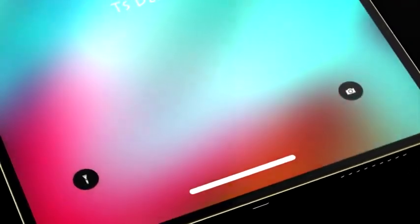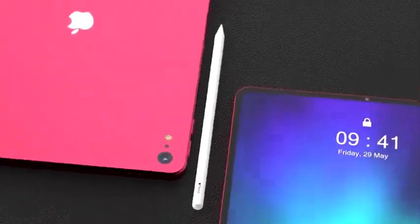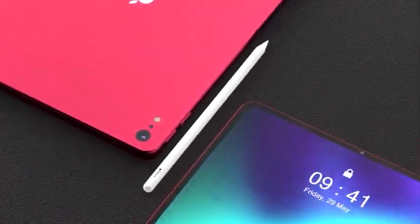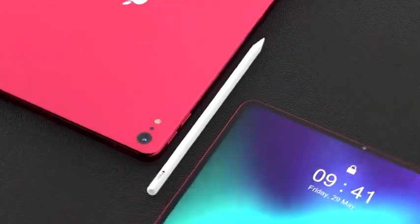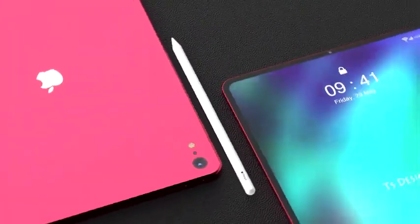It will of course keep a fairly conservative design, as it is aimed at the mid-range. It's going to have a full screen display, as there's going to be no notch and no Face ID. Reports are suggesting that there may not be a selfie camera at all, but it could also be that it's just squeezed